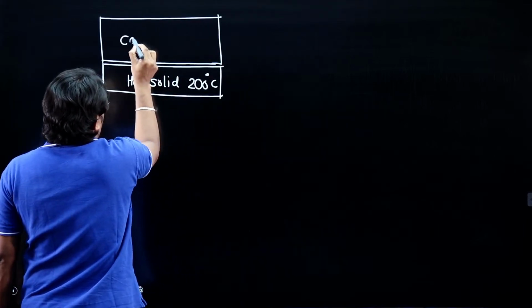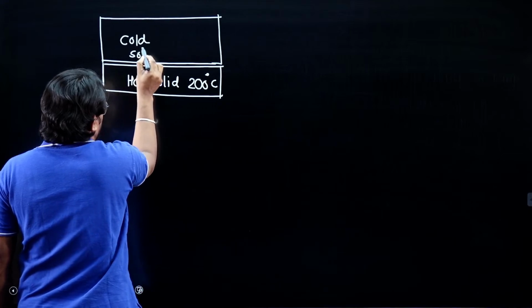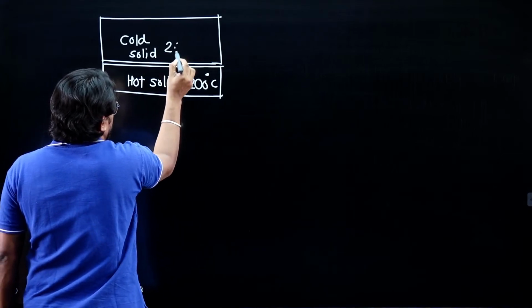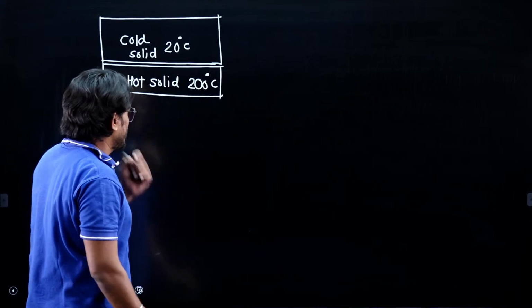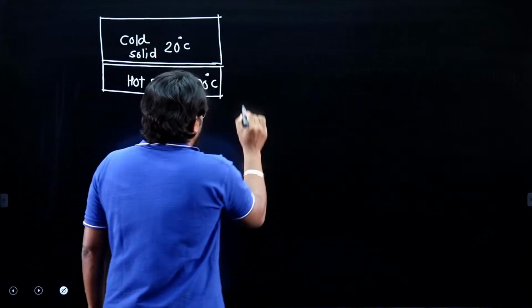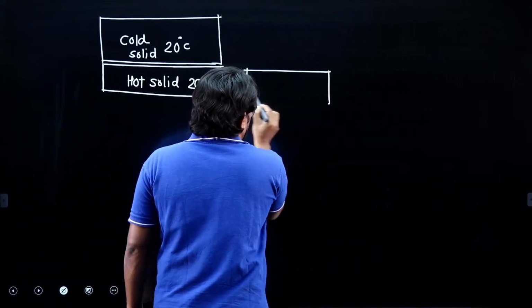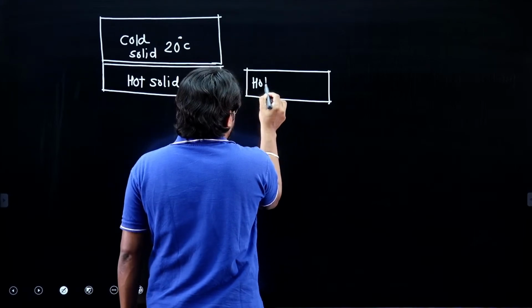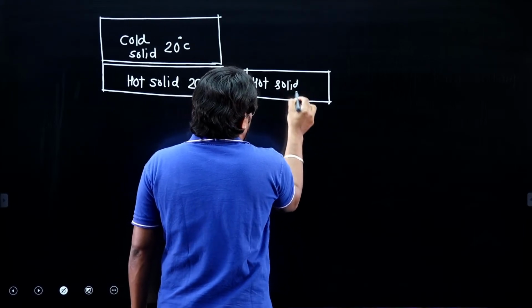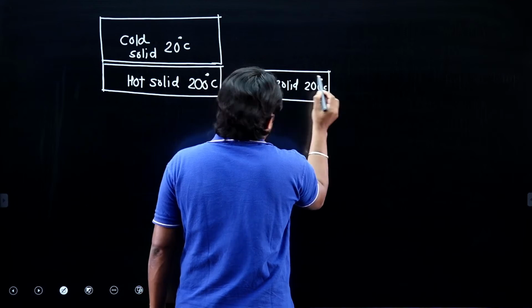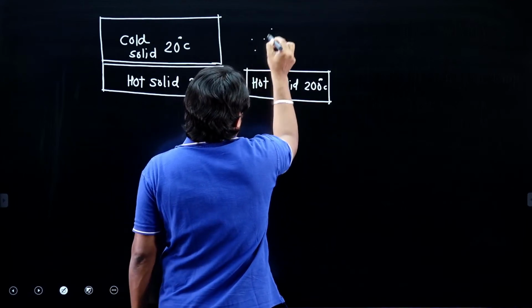Okay. There is one more solid. So this is a cold solid, that is 20 degrees Celsius. Now, let us say this is a hot solid. Hot solid, temperature 200 degrees Celsius. And here